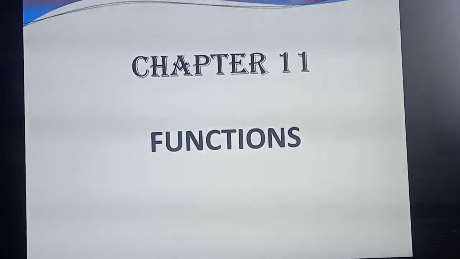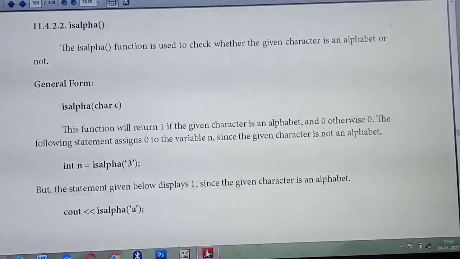Just recall. Totally there are two types of functions you have studied, isn't it? What are the two types of functions? Built-in functions as well as user-defined functions. Now we are studying built-in functions. What's the first header file you have studied in this chapter? stdio.h. What's the use of stdio.h? Standard input and output. All the input and output operations come under this header file.